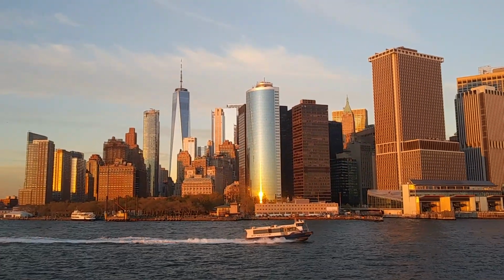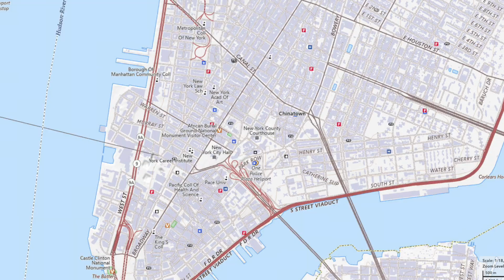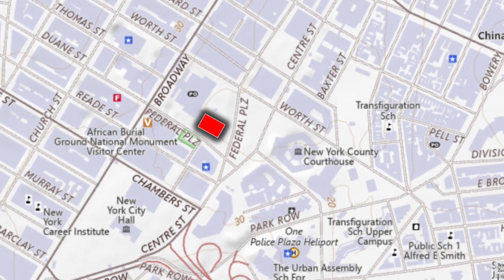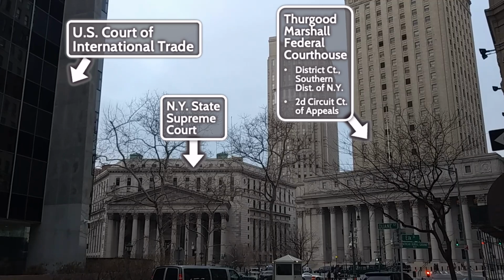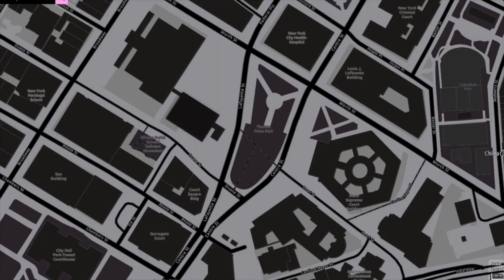You might think because the Court of International Trade has nationwide jurisdiction and because of its relationship to lawsuits brought by and against the United States government that the Court of International Trade would be located in Washington, D.C. But the court is based in the capital of commerce and trade in the United States, New York, right in New York City. It's got actually a really nice piece of real estate. The International Trade Court is in Federal Plaza, among the pod of massive Manhattan courthouses and civic buildings.